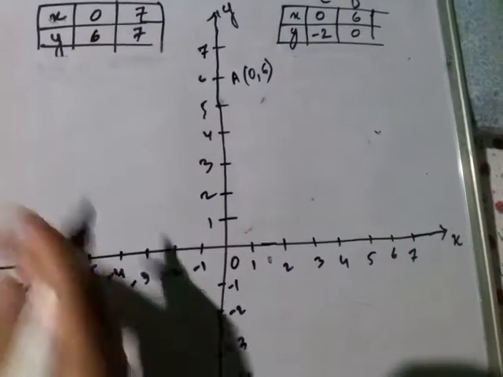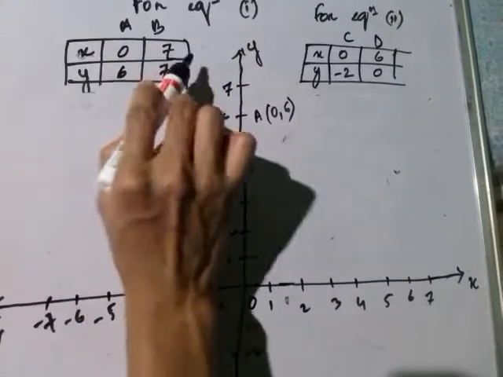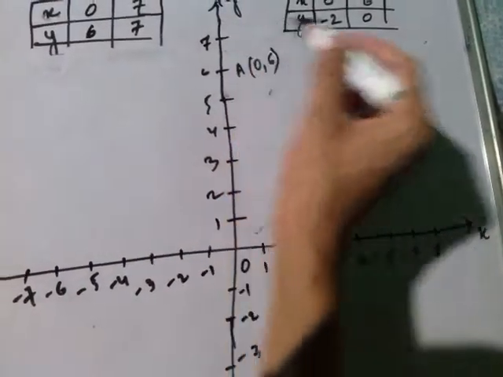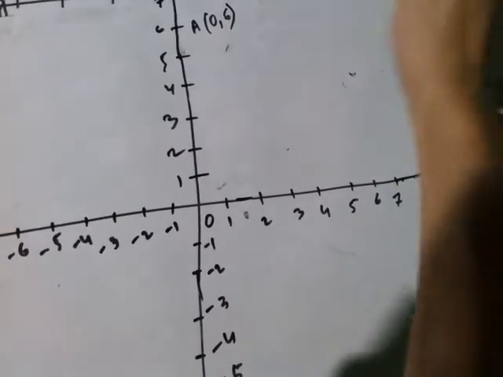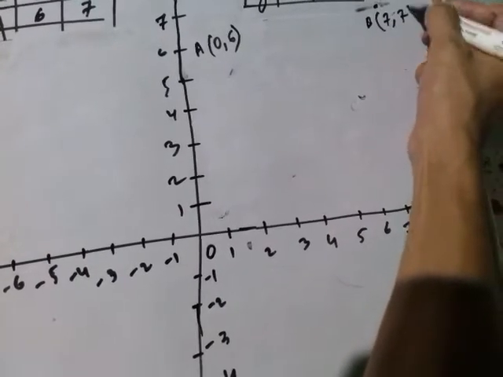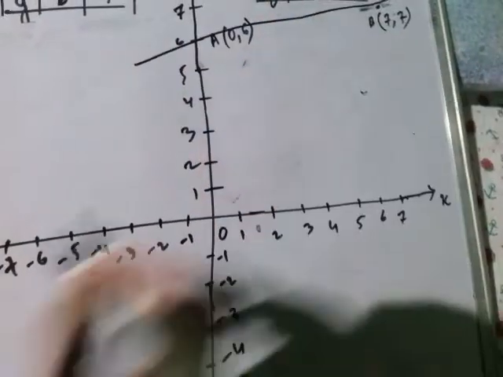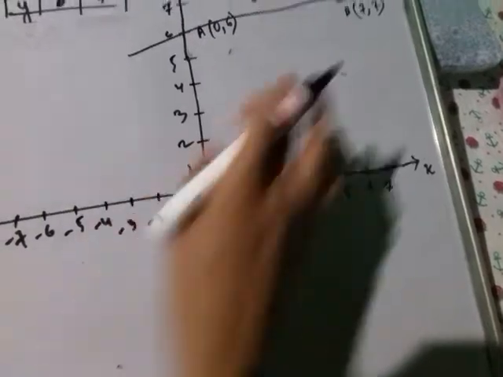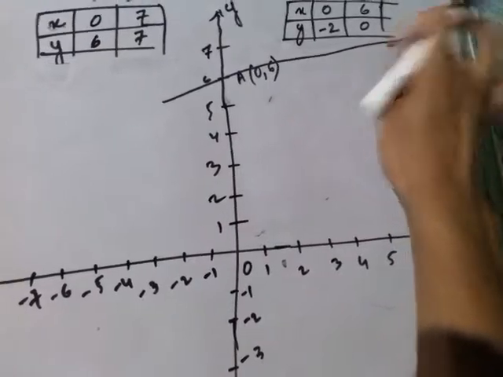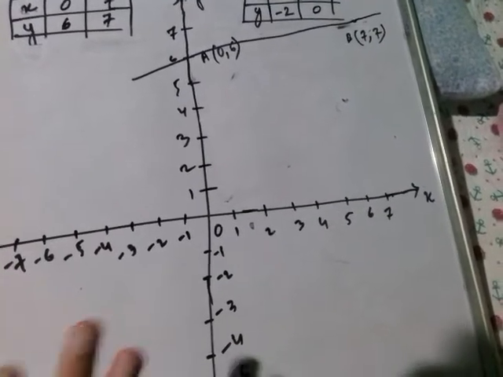Okay, next for b. For b you need to do like this. For b, x is how much? 7. X is 7, and y also is 7. It will be probably here. So you will put here b 7, 7. After putting this, you need to make a line through these two. Okay, like this. Understand? Since it is a plain board, I can't make it properly. I've already told you I am making it roughly. So you need to draw it on a graph correctly and properly.